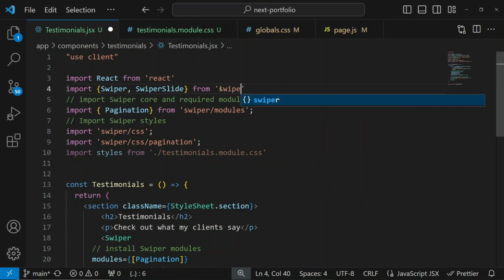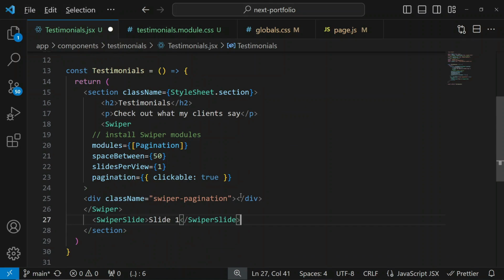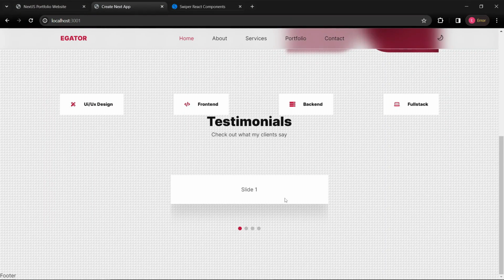Okay, swiper react. All right, so if I duplicate this swiper slide and come back to our project, let's see, we have a working slide already. Okay, we have a slide already. So what we are going to do next is to just